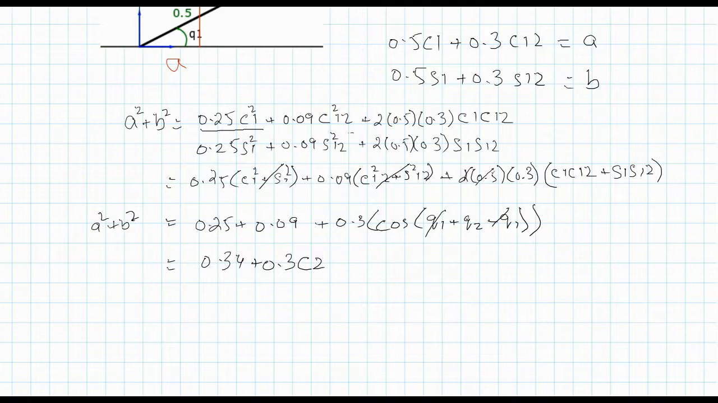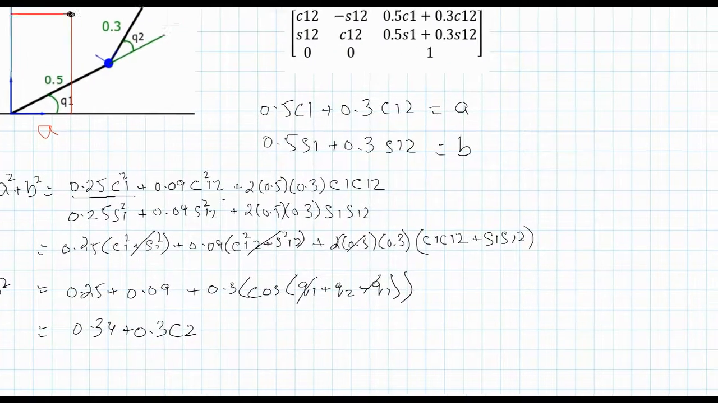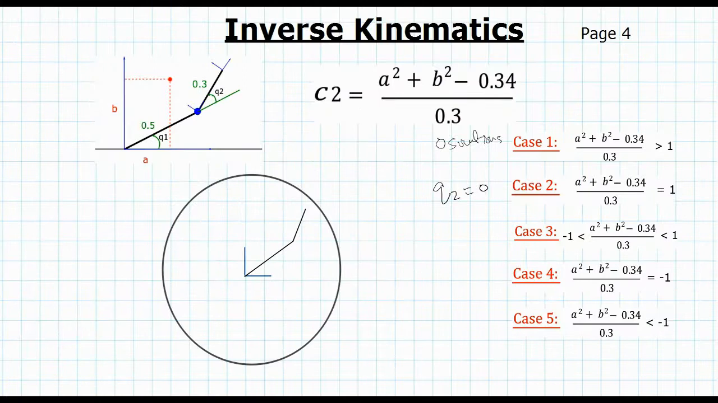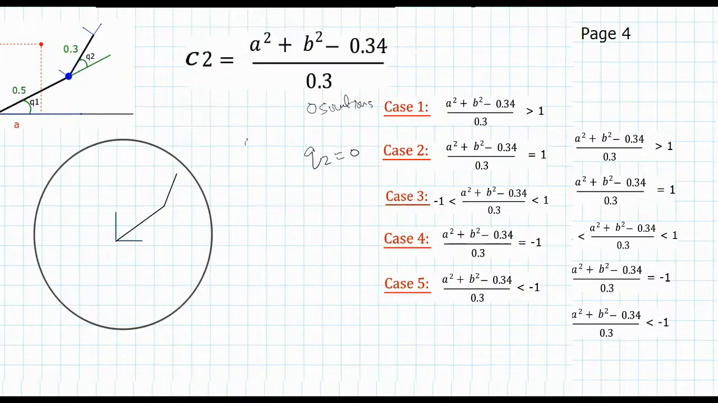these equations, if we plug in the value of q2 equals 0 in these two equations, what we get is 0.8 C1 is equal to A, and 0.8 S1 is equal to B. This is what we get, and from this we can compute q1